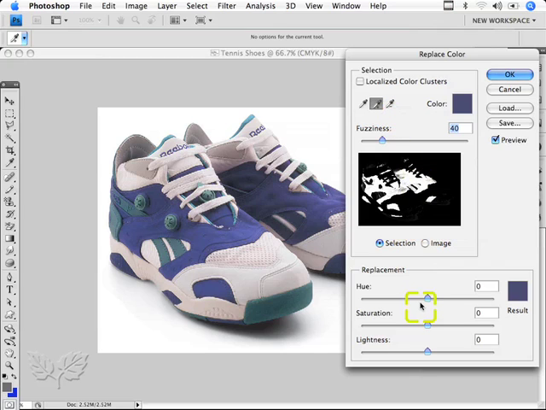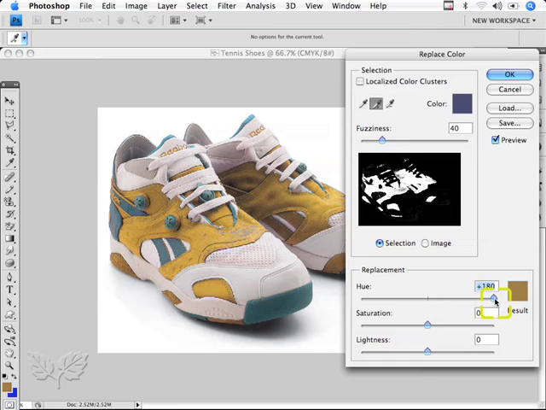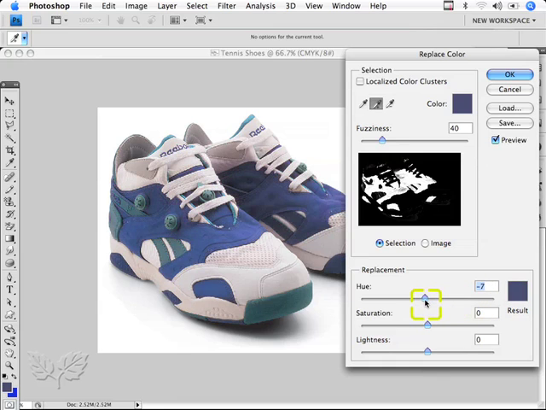I'm now going to move the hue slider, and notice how the colour in the shoes change. So if I start to rotate slowly through the different hues, this goes round the colours of the colour wheel, so it will go from red through purple and into a rather attractive brown. You can see it hasn't done a perfect job, and I can head towards green, say. Quite like the green. You can see that it's missed quite a few areas, so a good little trick here